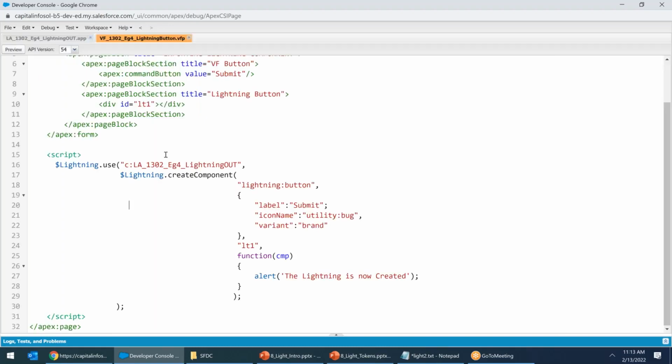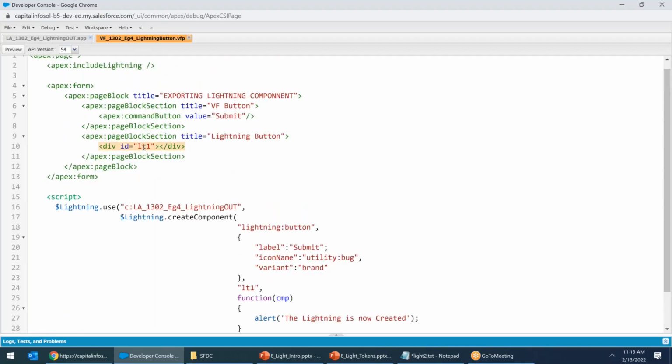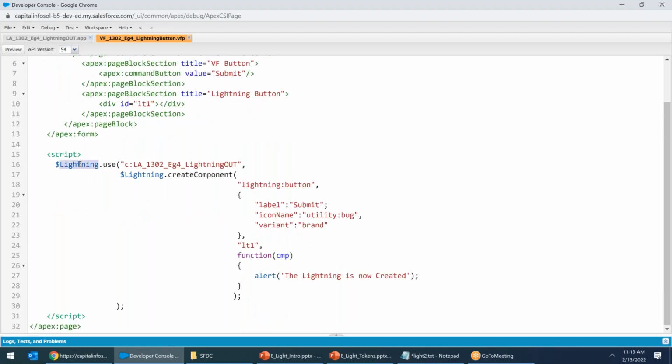Let's come here and go ahead and see. Div title equals to LT1. Div is there. Include lightning. Yes, include lightning is there. Now, dollar lightning use. Perfect. In that, C colon, the app name, comma, right, comma, right,